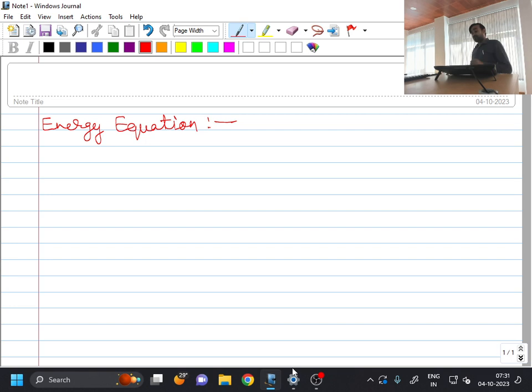Okay. So now the next important property, which is of relevance for fluid mechanics analysis, is actually energy. And while we will be discussing the concept of energy, you will find that it has a direct connection with the subject of thermodynamics. To a large extent, we don't use the energy equation in the course of fluid mechanics for the fundamental aspects,